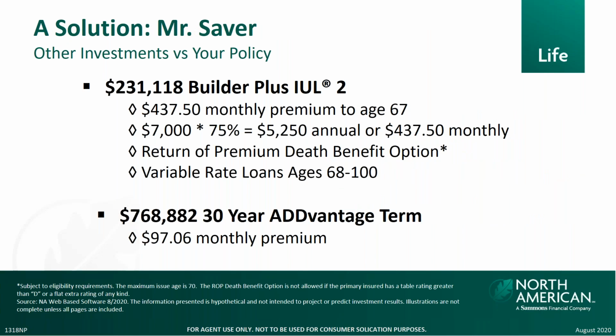The solution we're going to look at is taking the unmatched 401k contribution of $7,000. We're going to net that down to reflect the tax consequences of your client taking this now as income instead of deferring it. And we're going to look at putting it into the Builder Plus 2. And I'll talk a little bit more in just a minute about why the Builder Plus 2 for this particular instance. We're also going to put a 30-year advantage term on Mr. Saber